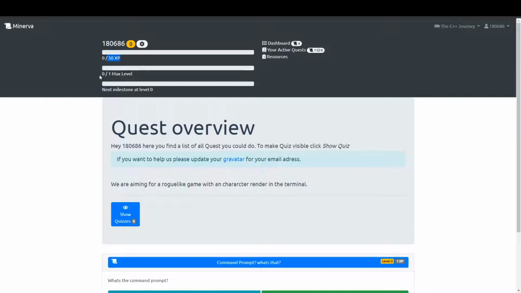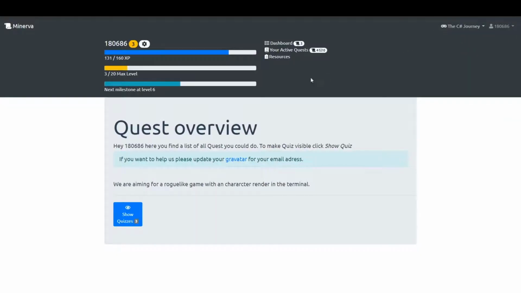Currently I'm in level 0 of a maximum of 1 level, and I can reach my next milestone. If we switch back to the C# journey, we can see that I am in level 3 of 20 max levels. I have 131 experience points of 160, and I only need to reach 6 more levels to complete the